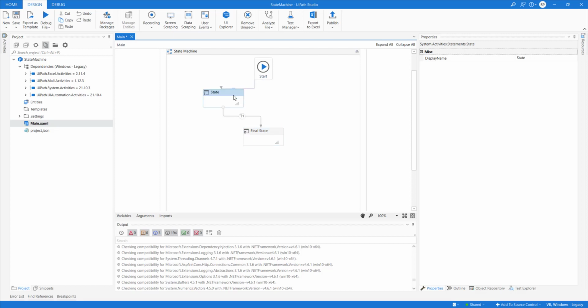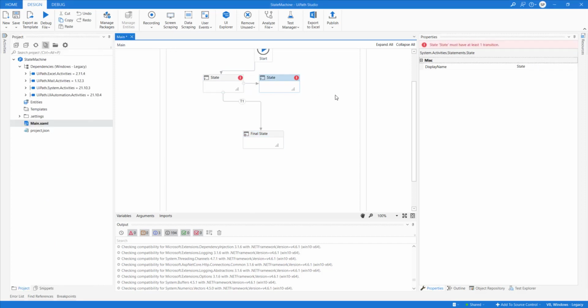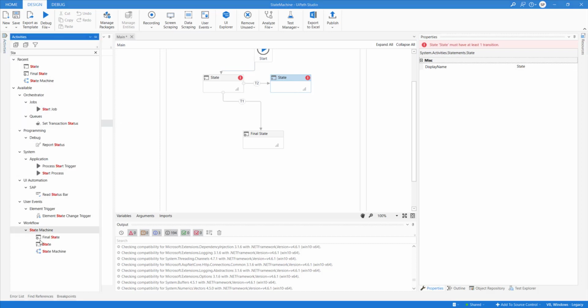Or also, let's take another state. Let's take this state, and from this state, let's take another state here.